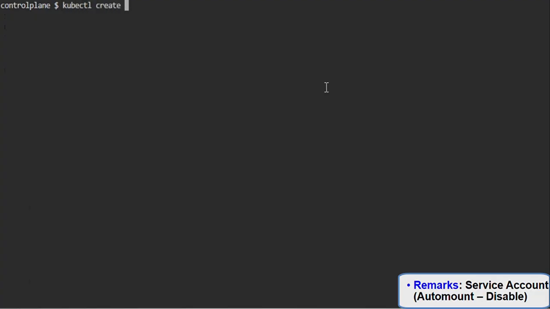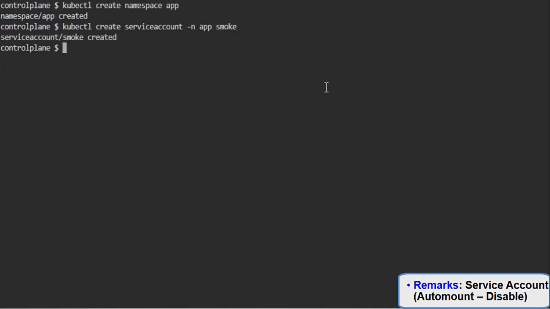In demo, we will follow all the steps as defined earlier. First, we will create the namespace app. Then we will create a service account smoke in the particular namespace. Then defining the service account in the pod